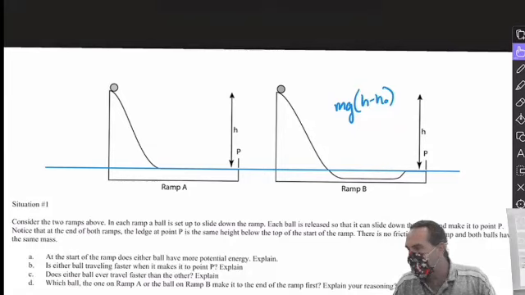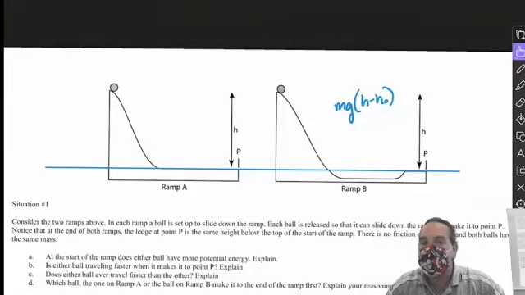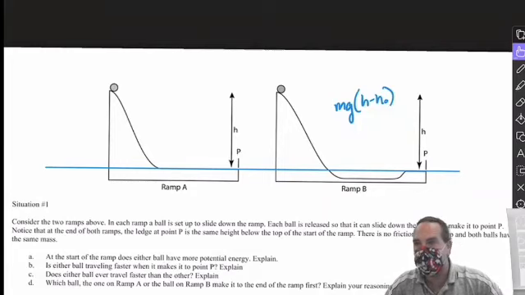It says at the start of the ball, more potential. Believe it or not, that's a complicated answer. And you probably don't understand why, but let's just say that a person had to lift the ball and put it on top of both ramps. Assuming both balls were stored in the same place, they probably did the same amount of work lifting the balls up to that same place on the ramp. You could make the argument that both balls have the same potential energy, and it would be a fine argument because the same